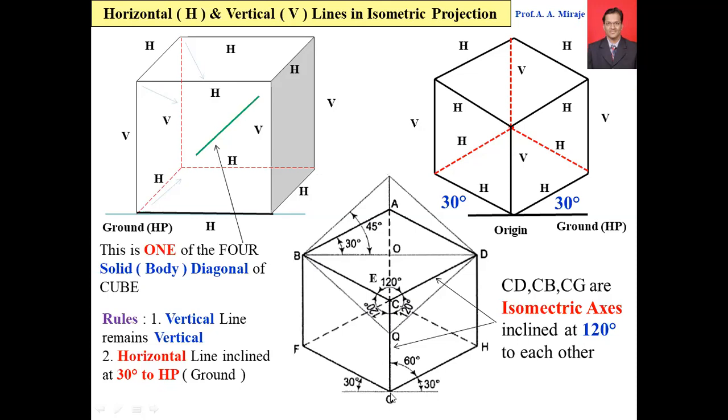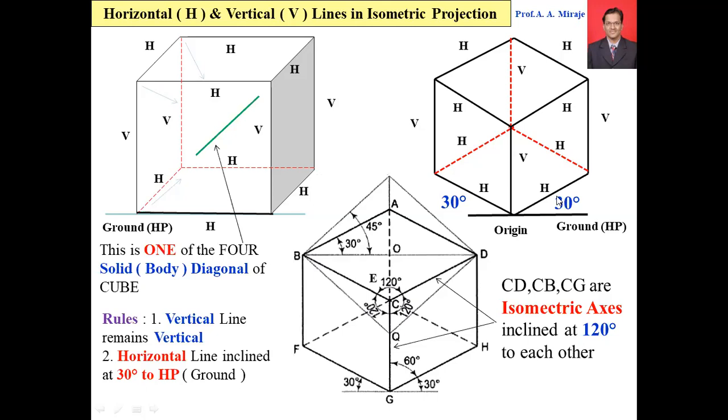So this line is GF and this line is GH. This angle is coming as 30, that you can check afterwards also. This angle is 30, this angle is 30. So this horizontal line is also 30. Why? Because these two lines are parallel. So similar to this line, if I draw one short line here and measure this angle, this angle will also come as 30. So horizontal line 30, horizontal line 30.